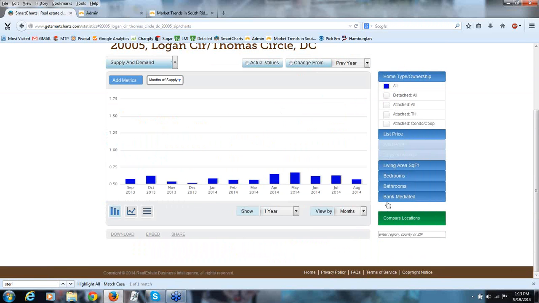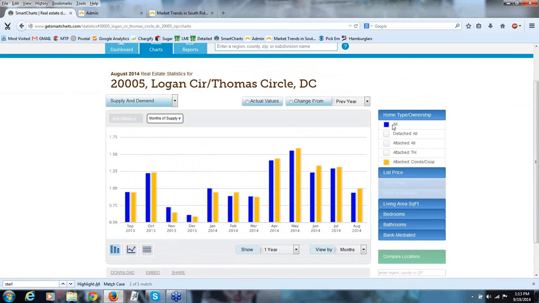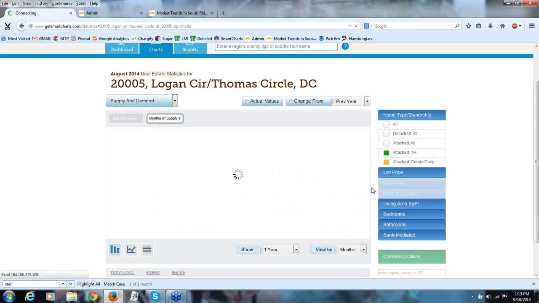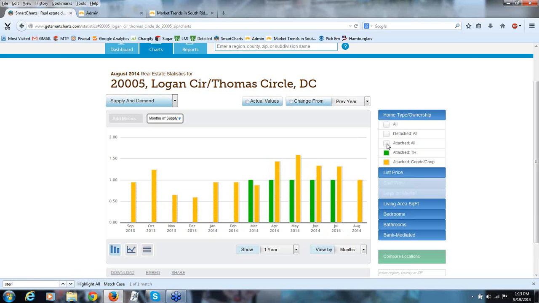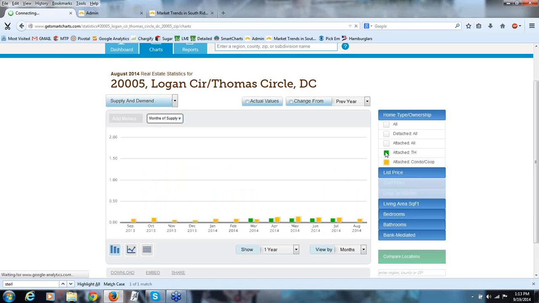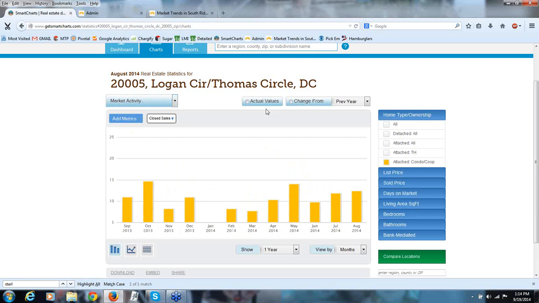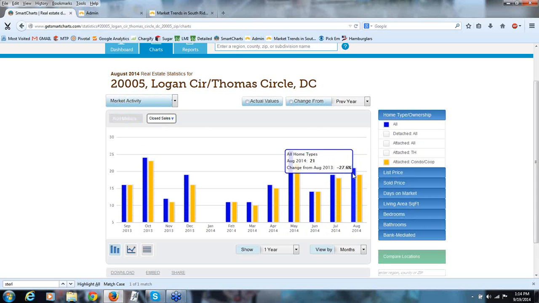So for Logan Circle, it looks like there are not many townhouses and barely any detached homes. So it's almost all condos. And so when we look at the median sales price for, I'm sorry, I was looking at market activity. So when we look at closed sales for condos, 19 of the 21 properties that sold in this zip code were condos. So when we look at the condo median sales price,